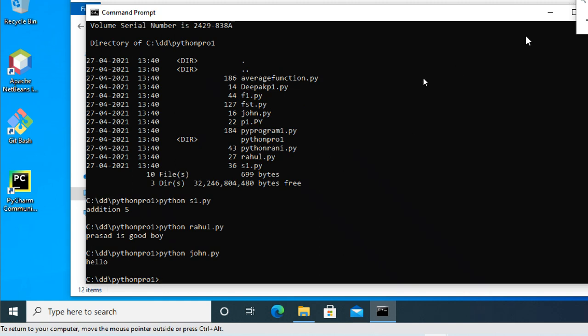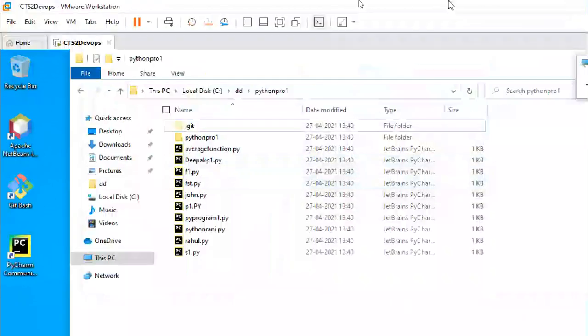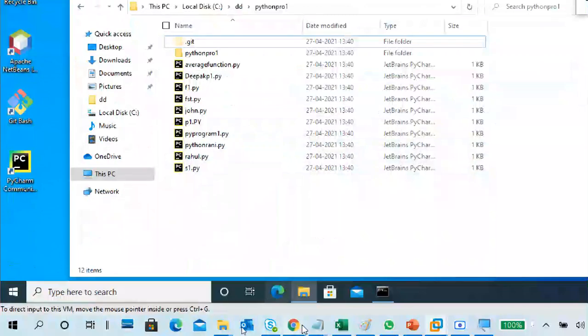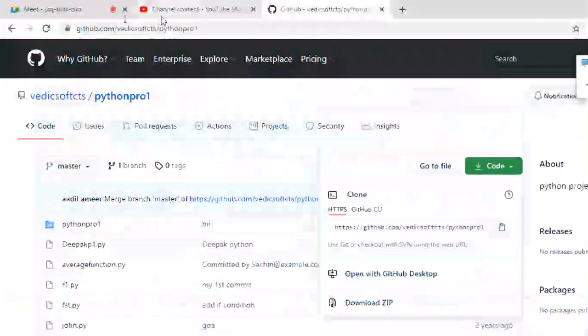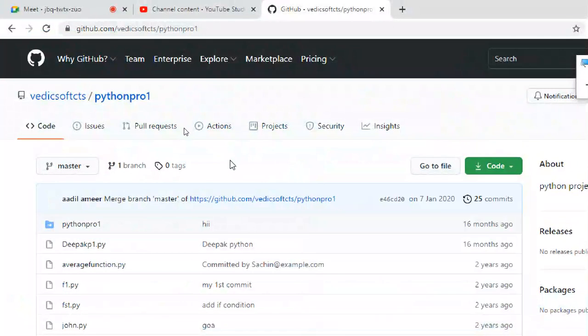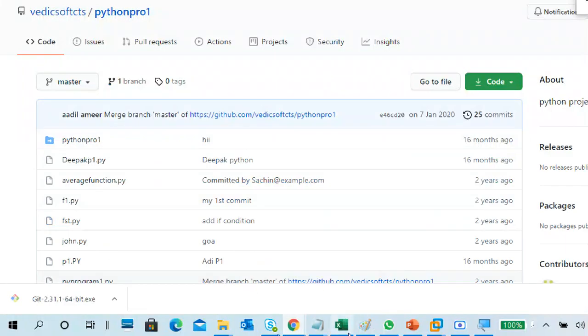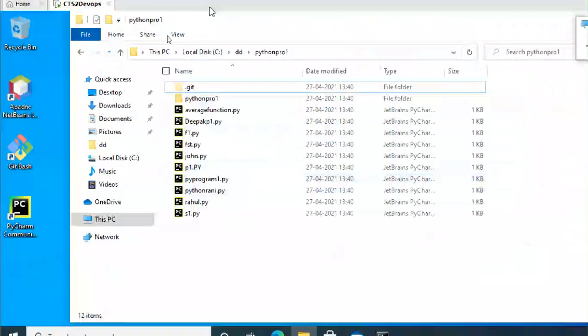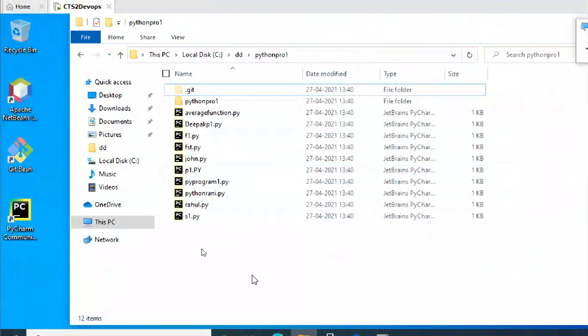So what I did is, somewhere in a remote location called GitHub, I stored my application or program in that location. Then I cloned it into my machine and I am working on it.